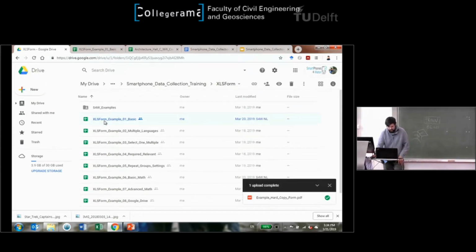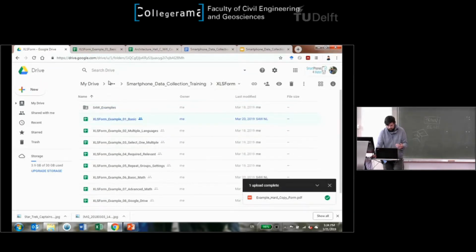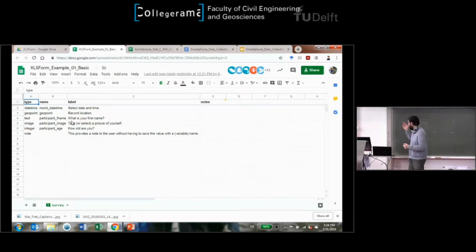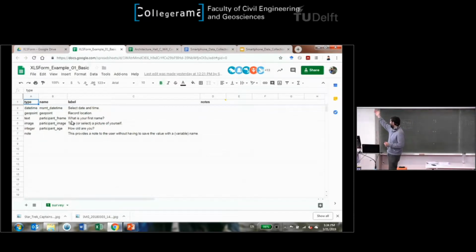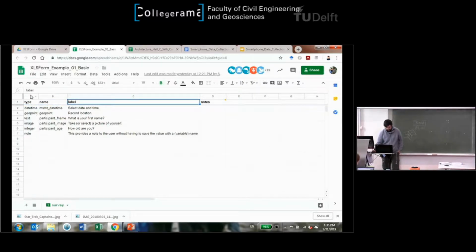Then they're named in such a way where we're just going to go from 1 down to 10. So here we are on basic 1. So XLSForm, what's going on here? The minimum information you need for XLSForm to work is this worksheet here called Survey. It has to be called Survey. And then you need to have these 3 columns: type, name, and label. Column A,